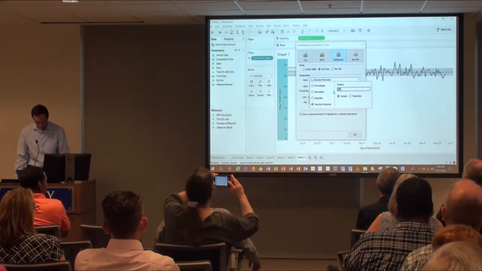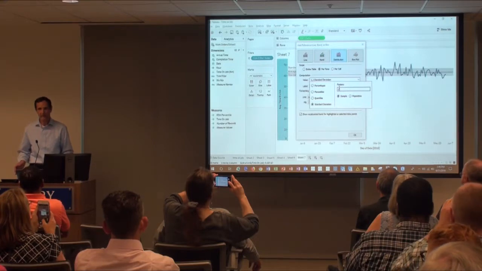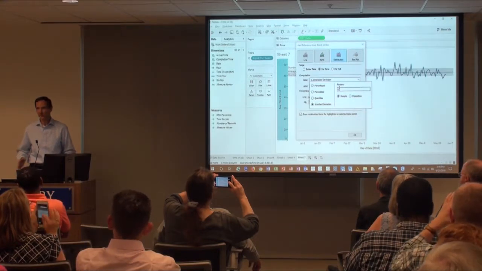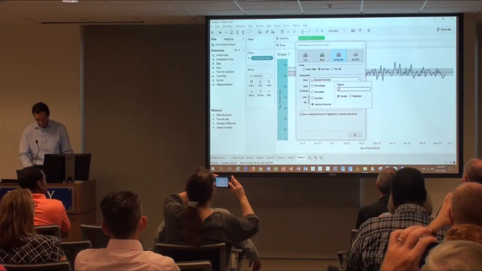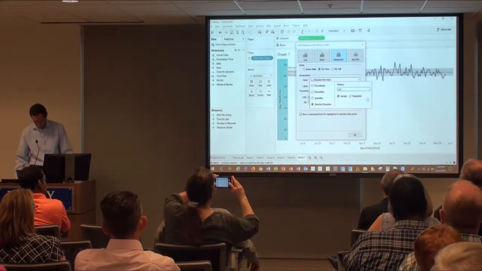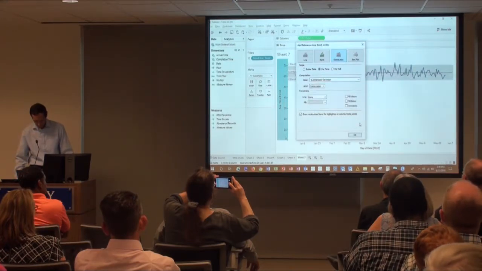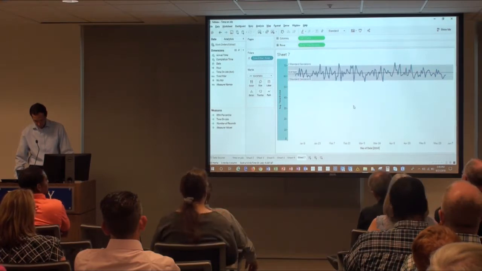So going back to the basics I mentioned before, 95% of the time we would expect the values to be between plus or minus 2 standard deviations of the mean. So we're going to go -2 to +2. So now I've got this band.